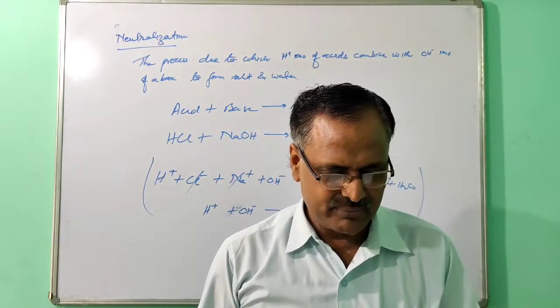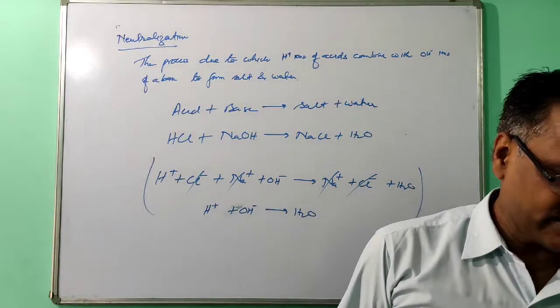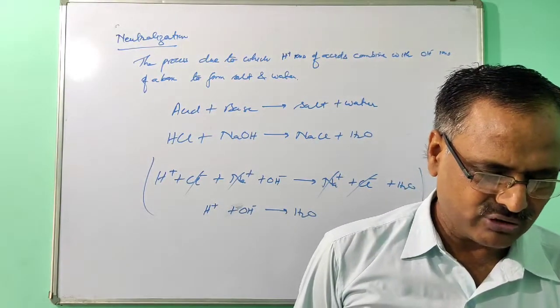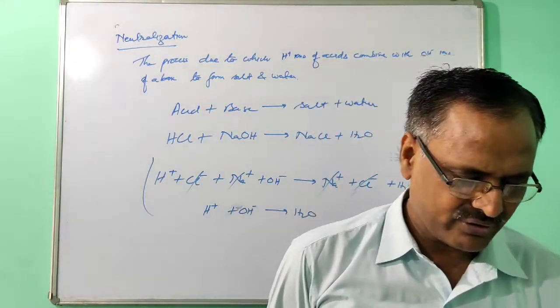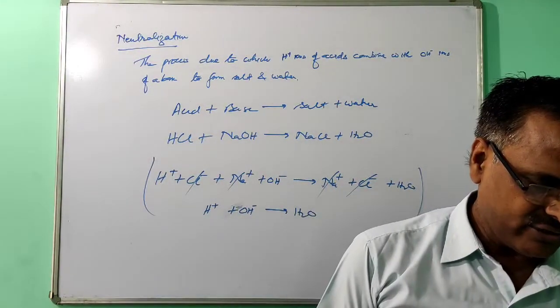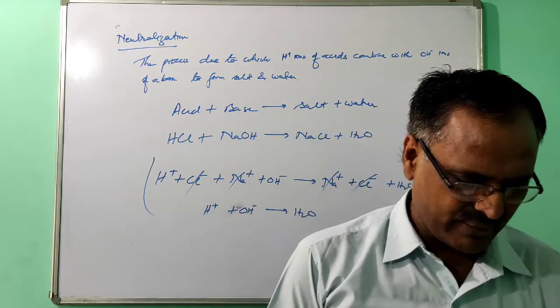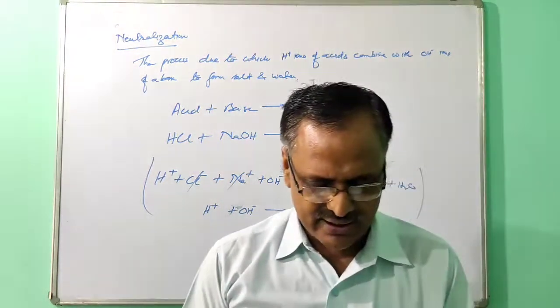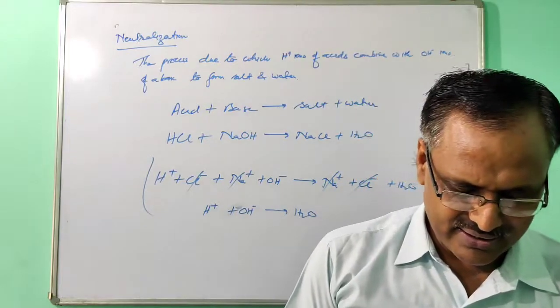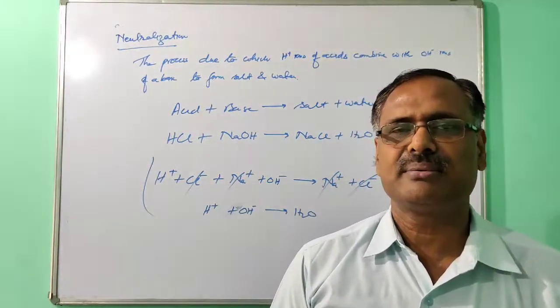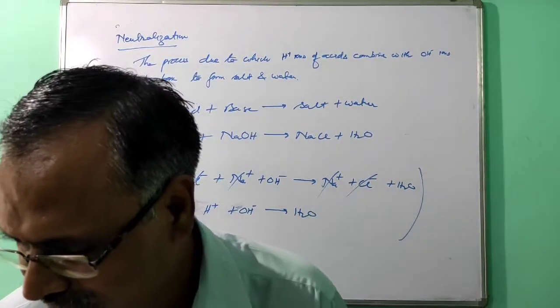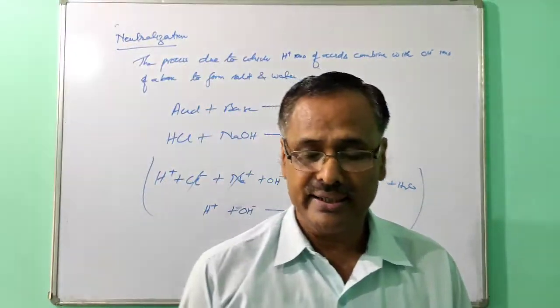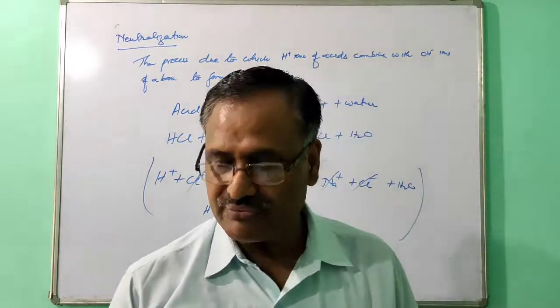In the same way, bases: manufacture of soap, sodium hydroxide; bleaching powder, calcium hydroxide; antacid, magnesium hydroxide; fire extinguisher, ammonium; softening of water, calcium hydroxide; removing of grease stain, ammonium hydroxide. Here you can study the reference, acidity in acid rain. As a reference it is given, that you can do by yourself. So in the next video we will talk about the indicators. So go to page number 45.